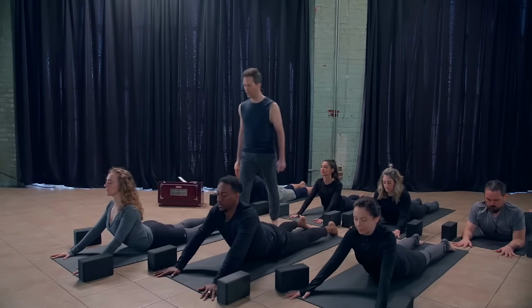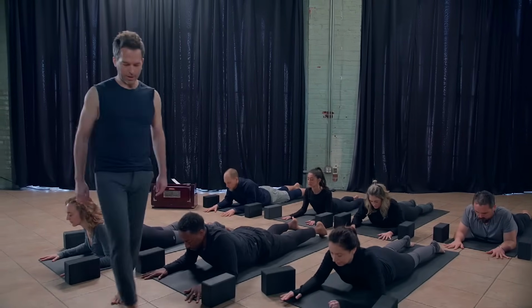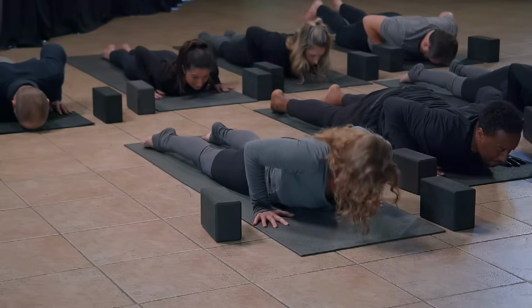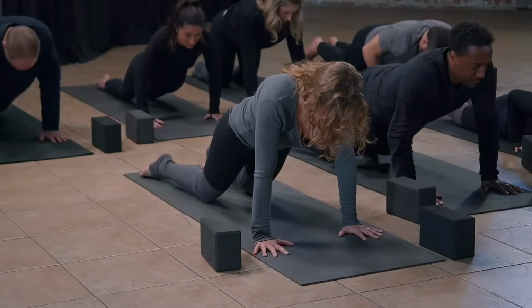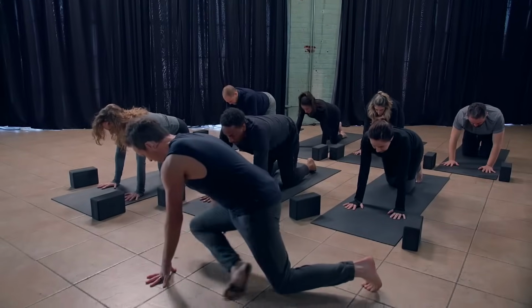And exhale, release the elbows down, release the chest down, slide the hands back by the ribs, press yourself up to table. All fours position. The tabletop pose will come into deer pose. So right leg comes forward,